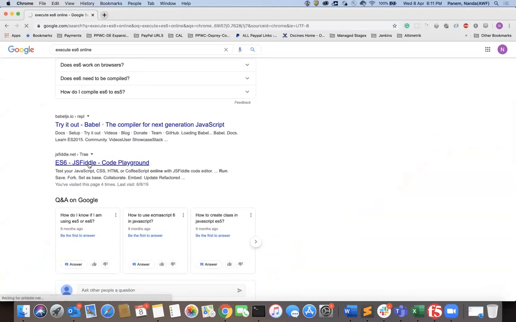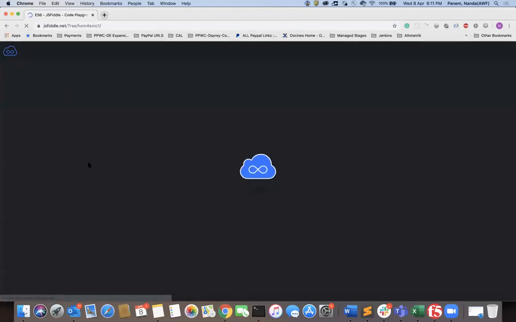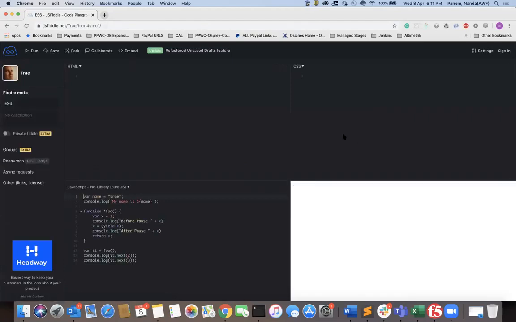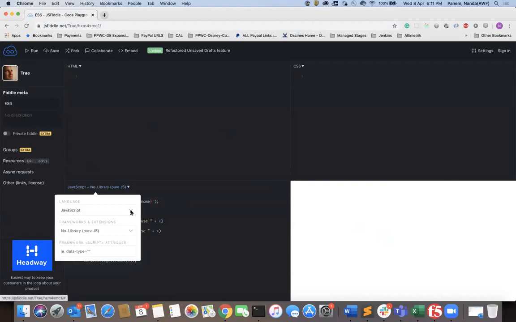Let's use JSFiddle, which is a good tool to use for ES6. This JSFiddle is the tool we are going to use mainly to execute HTML, CSS and JavaScript in one place, and we can see the output also. Here I am going to see JavaScript. Here you can see JavaScript.